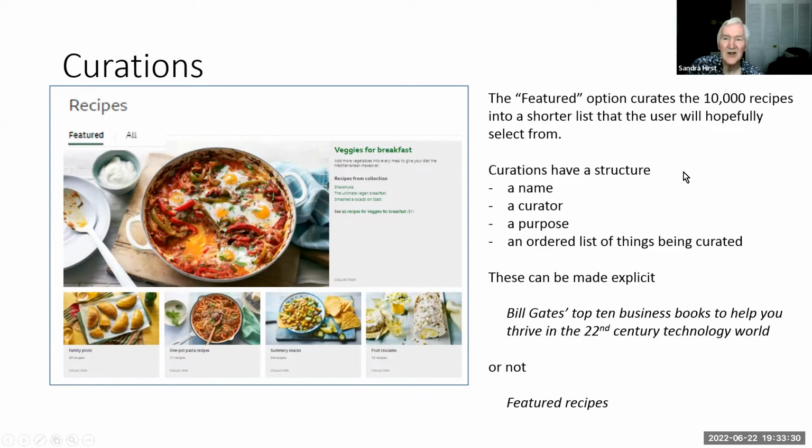The fact of the matter is that curations really have a structure. They have a name, they have a curator who's doing the curating, they have a purpose, and they have an ordered list of the things being curated. Sometimes, usefully, these are made explicit. So if you see Bill Gates' top 10 business books to help you thrive in the 22nd century technology world, you would know what the curation, the book list, is about. You would lean in or you would lean back. But here, it really means featured recipes. You don't have enough information to lean in or lean out. So that's a little bit of a critique. And that kind of segues into